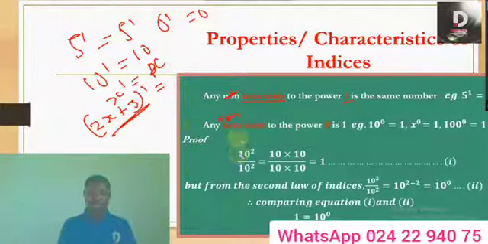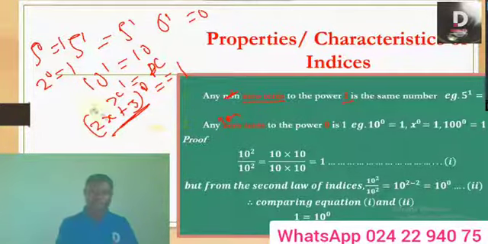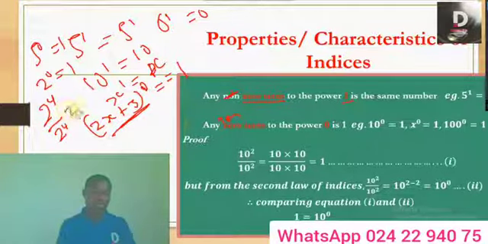0. That's it. Now any non-zero term raised to the power 0 is 1. 5 power 0 is 1. 2 power 0 is 1. Why? 1 power 0 is what? Single 1. Why? We are using the inverse property. Do you remember the inverse property? Sorry, the second property or second law. The second law says that, right? Let's say 2 power 4 divided by 2 power 4. You said division, subtract the power, so it becomes 2 power 4